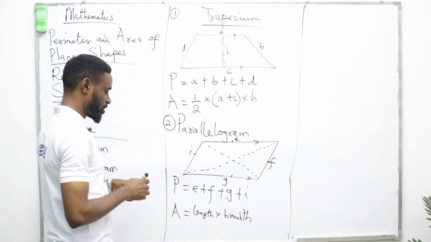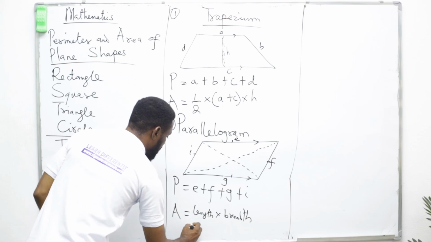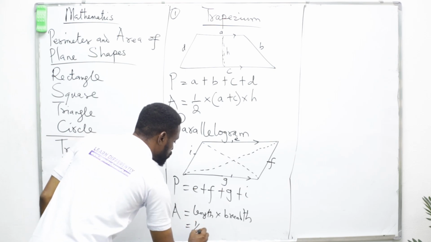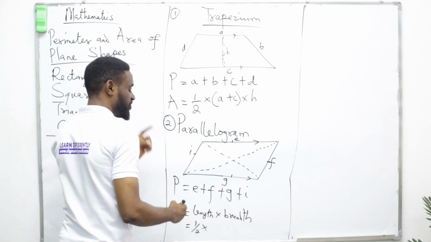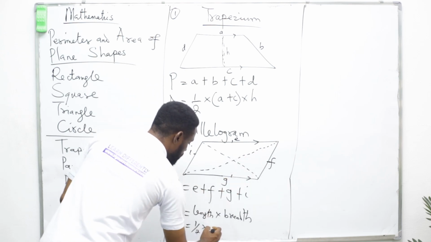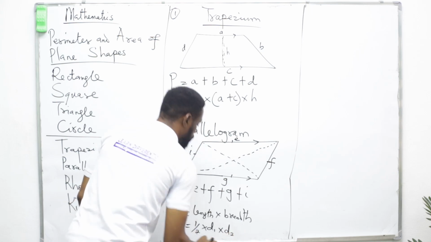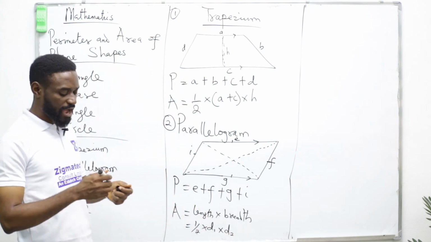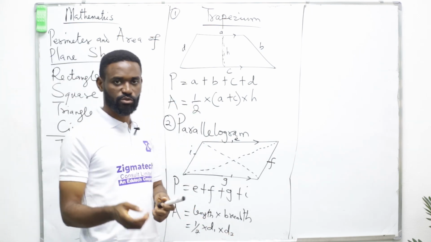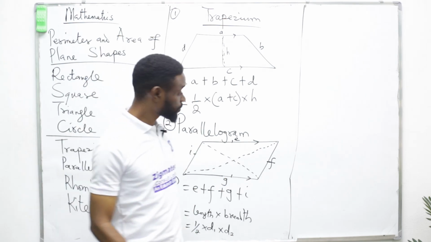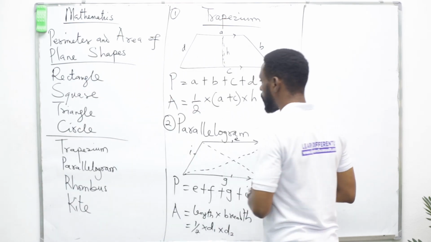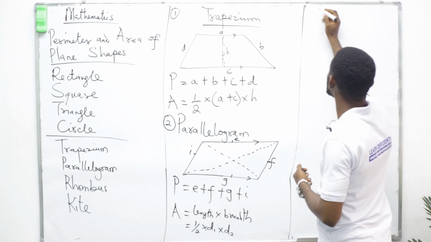Do you understand me? Okay. Once that is done, then its area is 1/2 times the first diagonal, diagonal 1, times diagonal 2. Okay. So whichever form the question is given to you, you can apply any of these. Okay. All right. Then for rhombus,